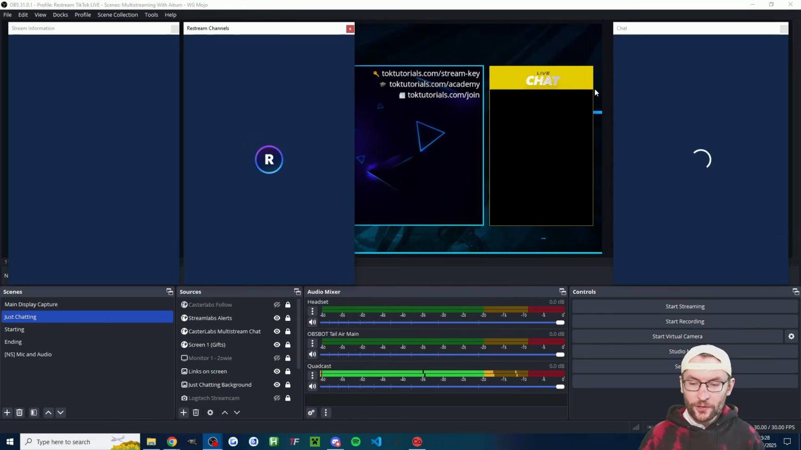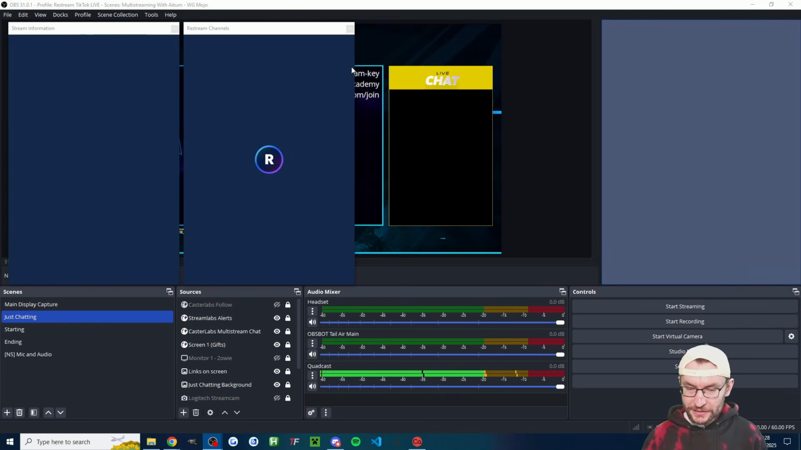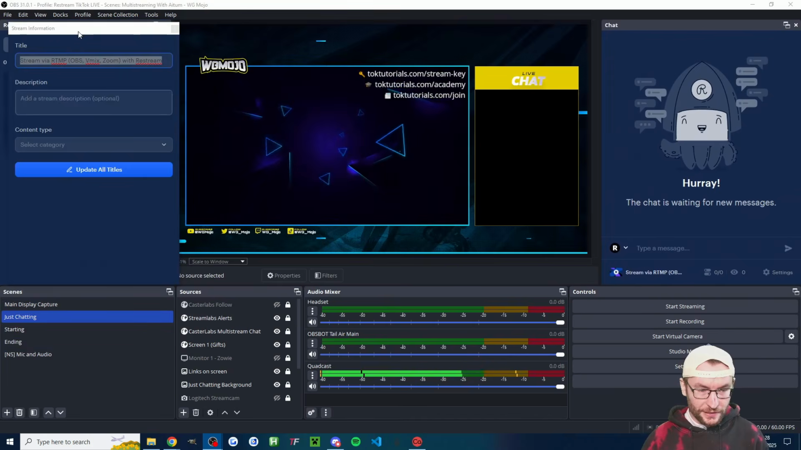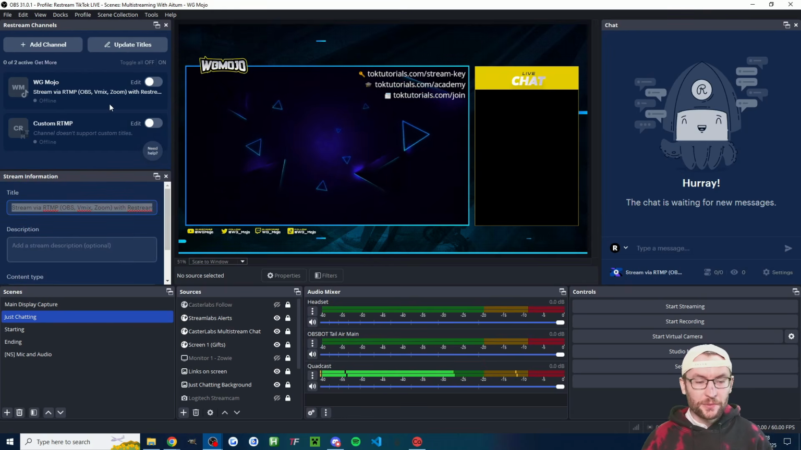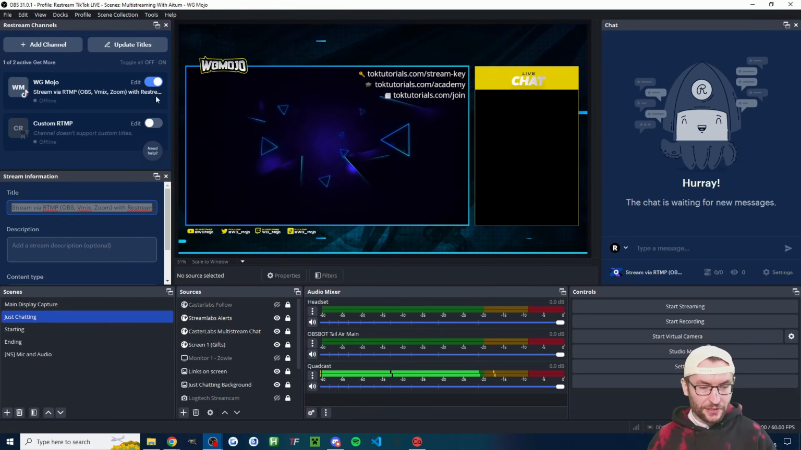And you'll get a lot of pop-ups. So you can drag them all into place, or you can close them if you don't want it. So I've dragged some of these into place. The most important pop-up here is this Restream channels, where I can now just turn on the TikTok Live option. Then when I'm ready to stream, I just press start streaming and I'm now live on TikTok Live with the